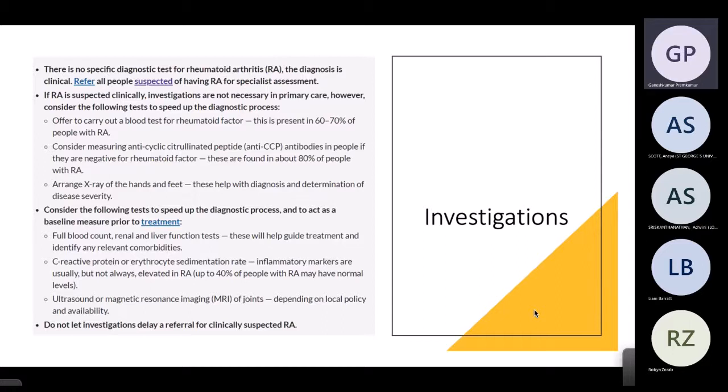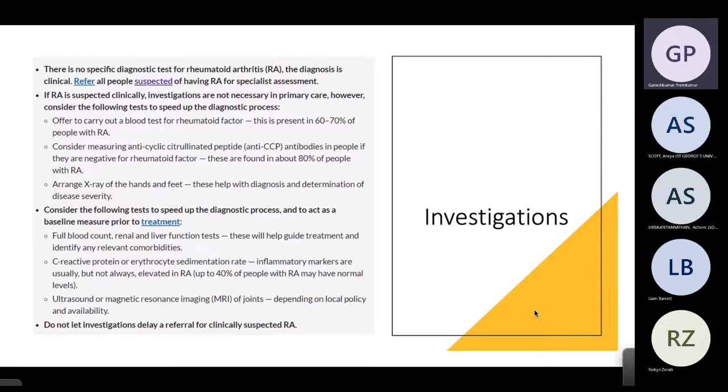You need to start these patients on something called DMARDs, so disease-modifying anti-rheumatic drugs. Now, they're great. They do come with a lot of side effects. A lot of them will have side effects on the liver, on the retina, on the eyes. A lot of them have skin manifestations. So if you're in primary care settings and you suspect a patient has it and the blood tests are showing that way, when you refer them to secondary care,